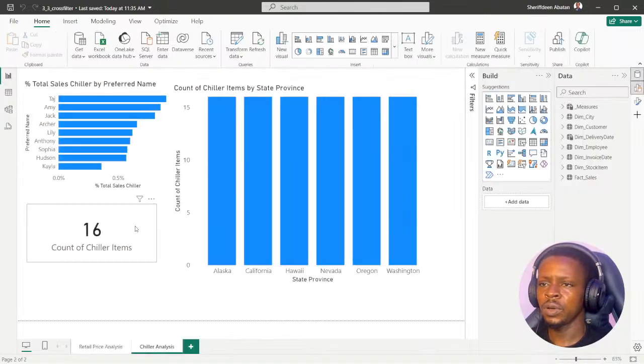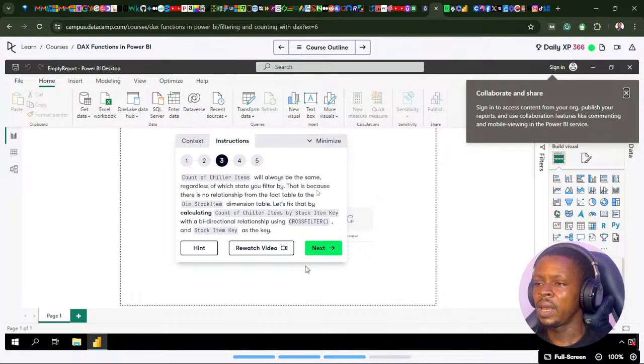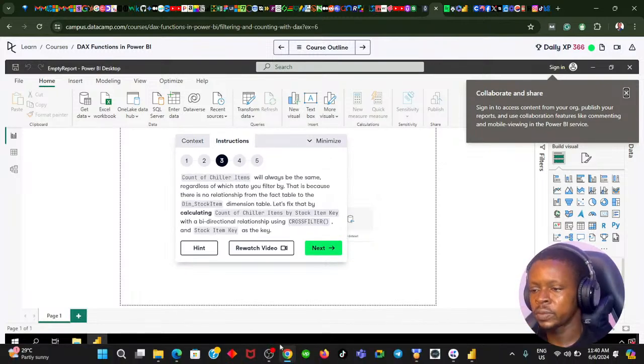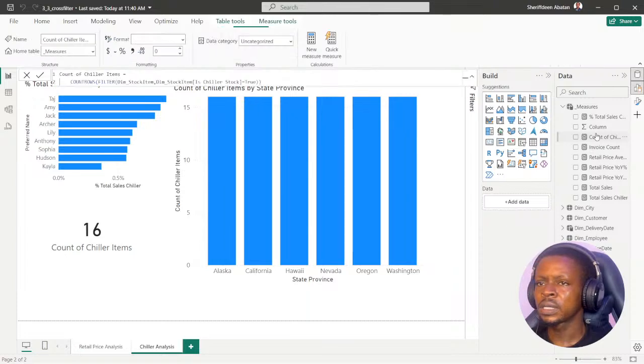So now let's use the CROSSFILTER function to achieve the same thing. That is because there's no relationship from the fact table to the dim stock dimension table. Let's fix that by calculating count of chiller items by stock item key with a bidirectional relationship using CROSSFILTER and the stock item key. Okay, so we need to go back and edit this measure, this count of chiller items, and wrap it in a CALCULATE function. Now let's wrap this in a CALCULATE function. So I'm going to say